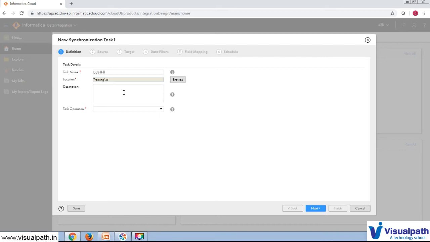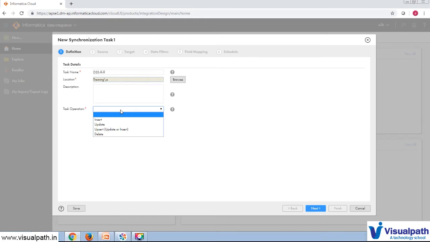We know that in Informatica PowerCenter we have the data driven option, nothing but update strategy. Whatever logic you have defined in the update strategy, it will perform DD insert, DD update or DD delete. But in Informatica Cloud we do not have the update strategy. So how can we perform the insert, update or upsert? In the task operation we need to select what kind of operation you are going to perform. For example, if you want to insert data into a file, you can select insert, and if you want to update data in an application or database, you can update it.